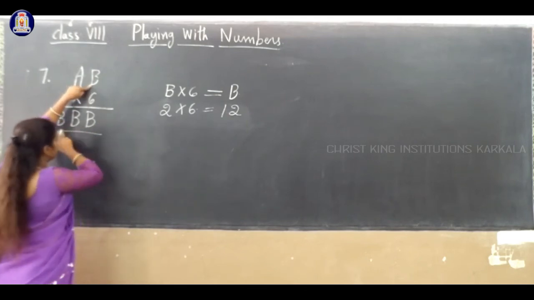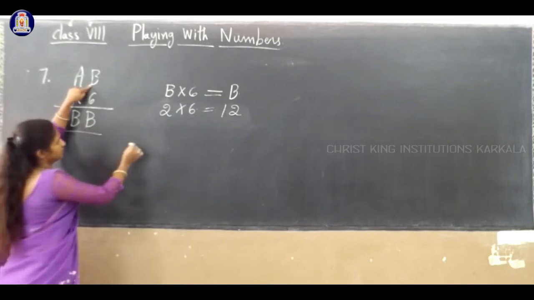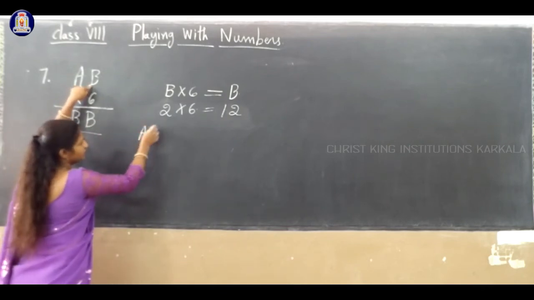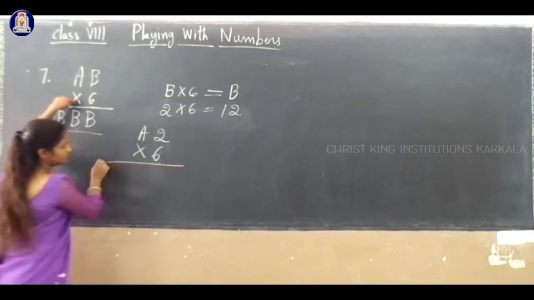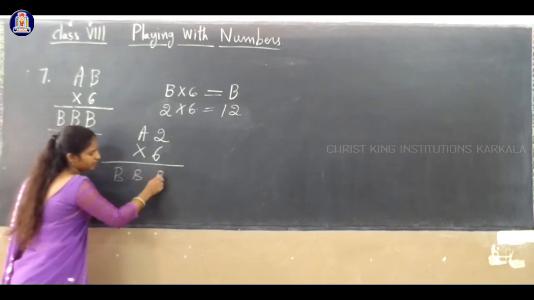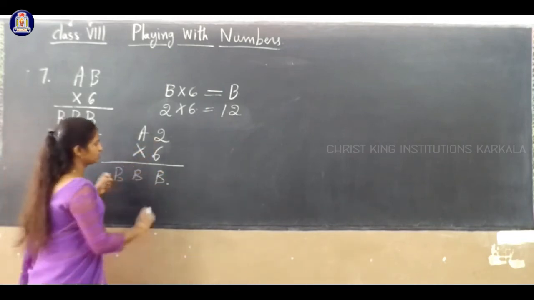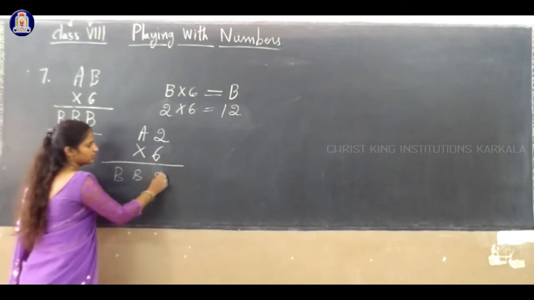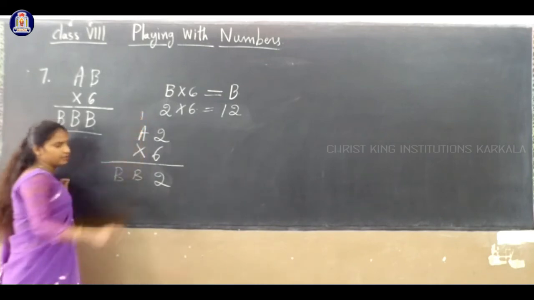Then we can get the last answer B. Can you get the same answer? You have to check now. Listen, B we considered 2, so into 6. Then can you get the answer B? Same answer. We'll check now. 6 2s are 12. Correct? The remaining 1 we have to add in the next step.